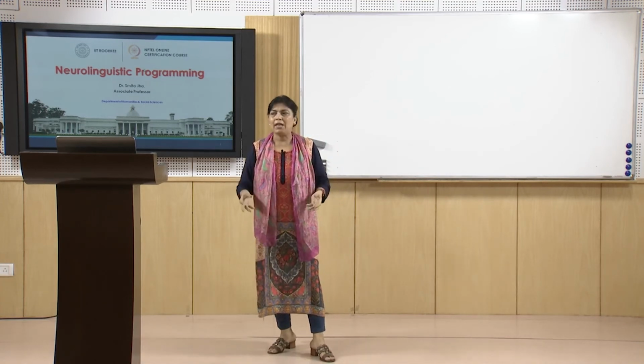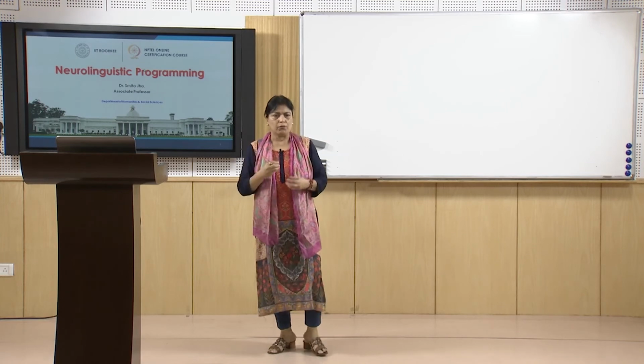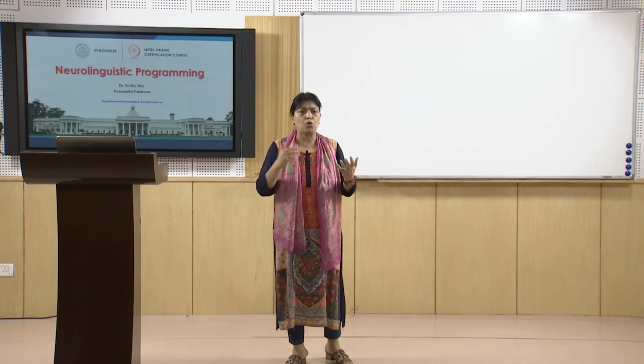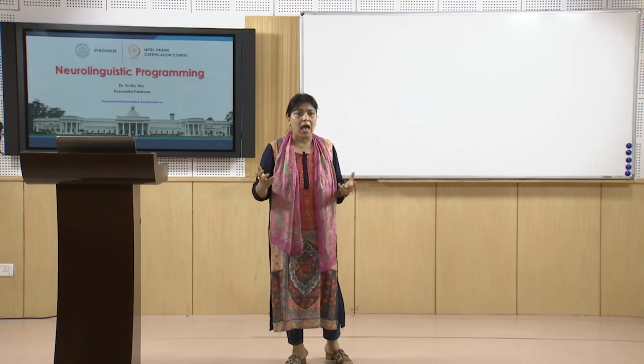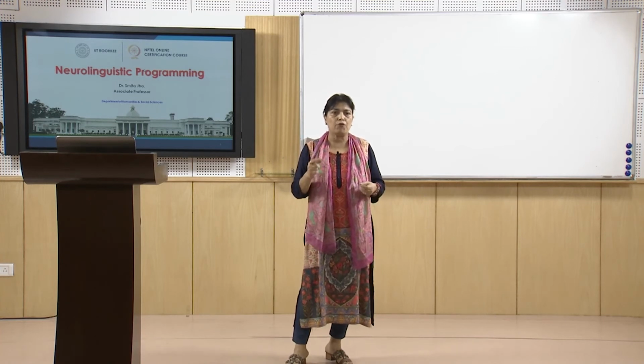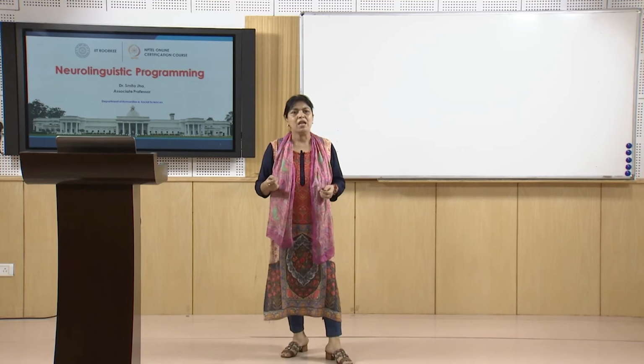John Grinder and Richard Bandler. So whenever we talk of neuro-linguistic programming, it is Grinder and Bandler, for the purpose of making explicit models of human excellence. Now these two are the persons, and you can say the scientists, who make use of neuro-linguistic programming. And the first work, The Structure of Magic Volume 1 and Volume 2, came out in 1975 and 1976 respectively,